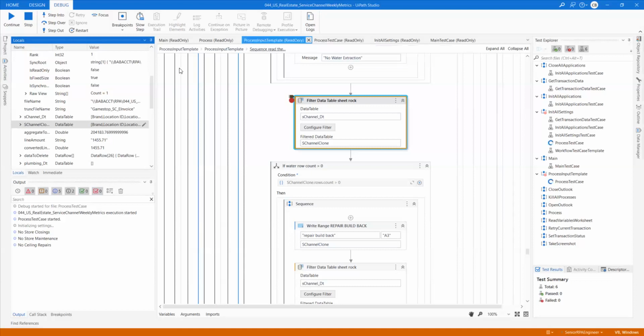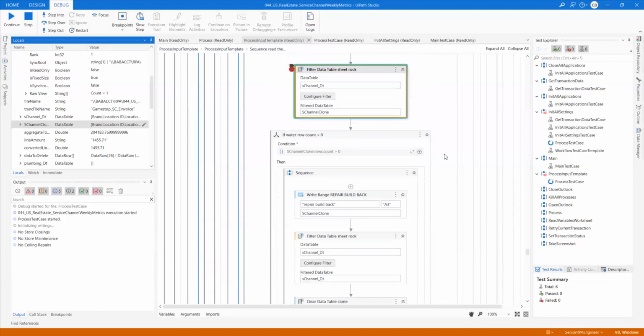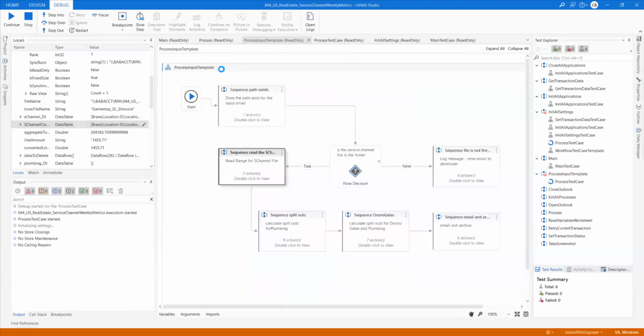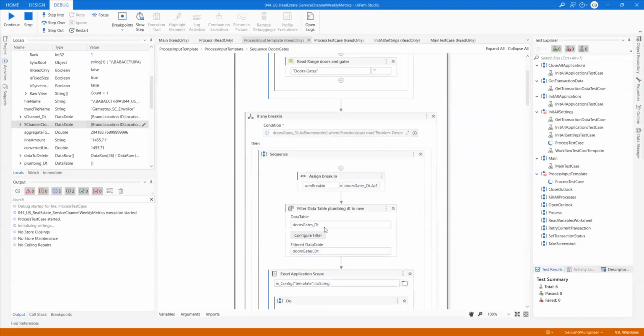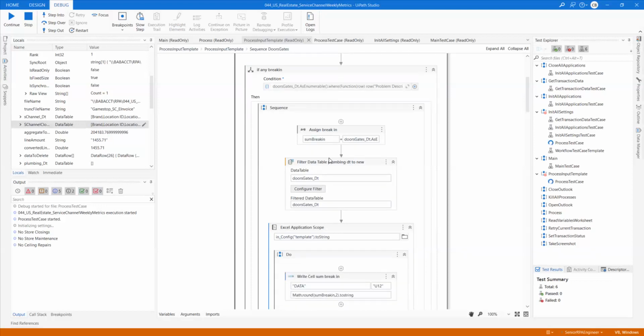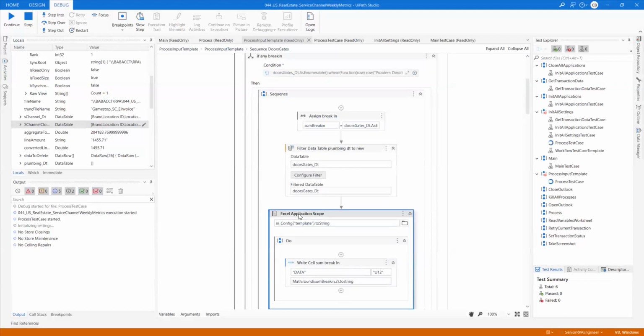So the point I think I'm trying to make is you can filter through here and say, okay, on this section here, I may want to see what's coming out of this filter data table. Well, if I toggle the filter data table, it's not going to tell me that. It's only going to tell me after that's been done. So if I toggle here, right, then when the bot stops here, I'll be able to see this doors gate data table, right? So if I continue,